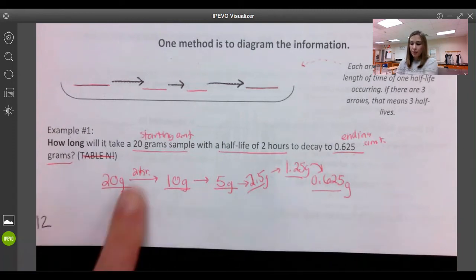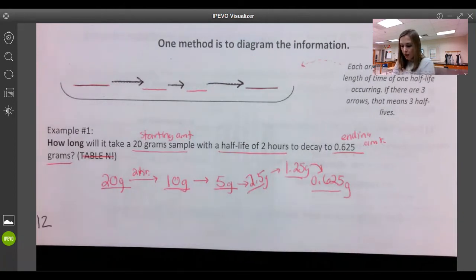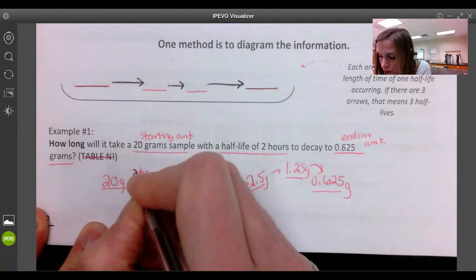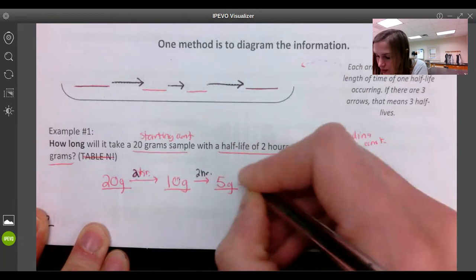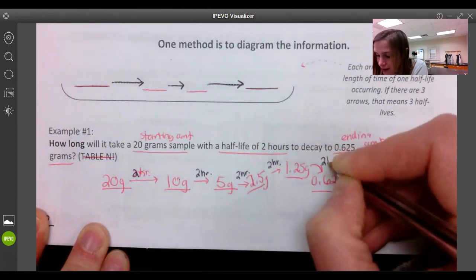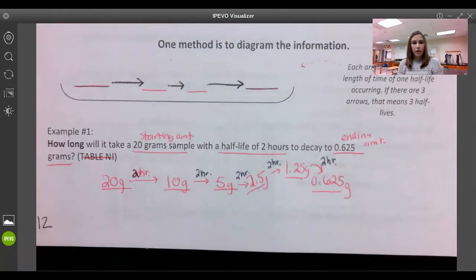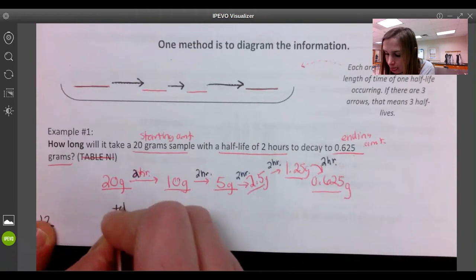Okay, so again, all I do is I have my starting and ending amount. I'm going to cut this in half until I get to my ending amount. And so what that tells me is that every arrow represents 2 hours. So 2 hours here, 2 hours here, 2 hours, all the way for every arrow. Because again, each arrow represents a half-life. So I can see then that when I go to find my total time,